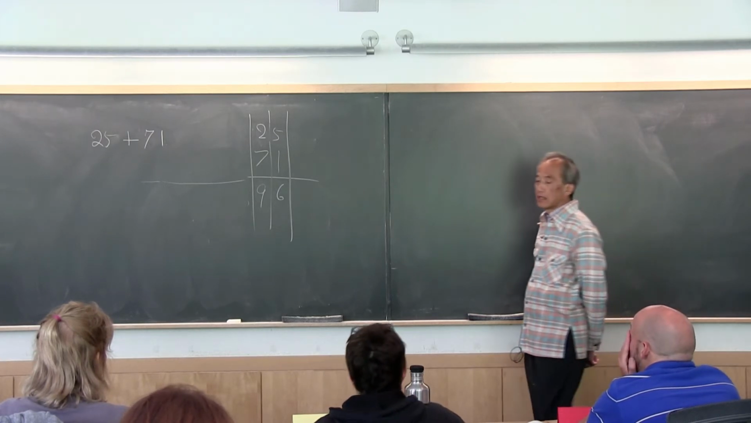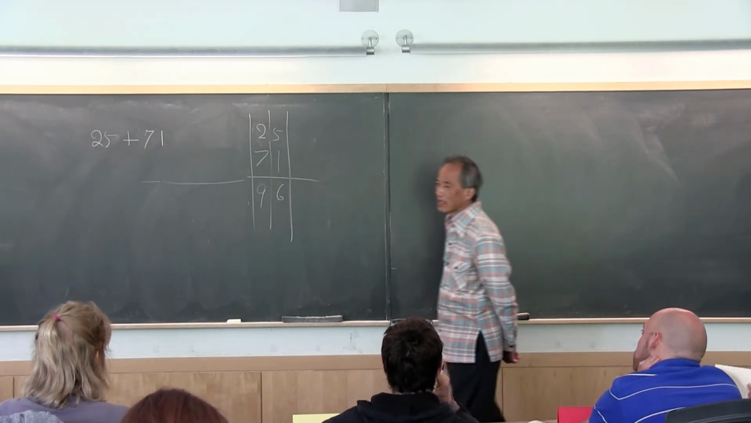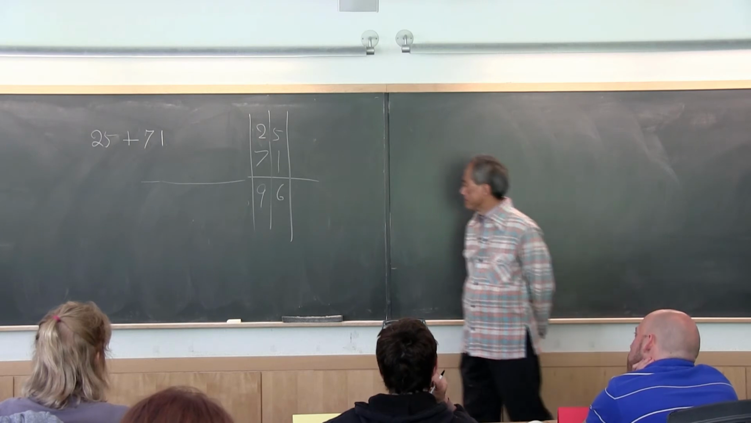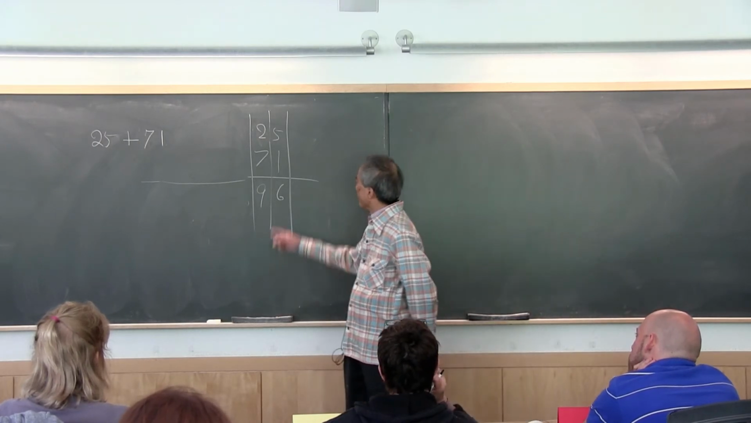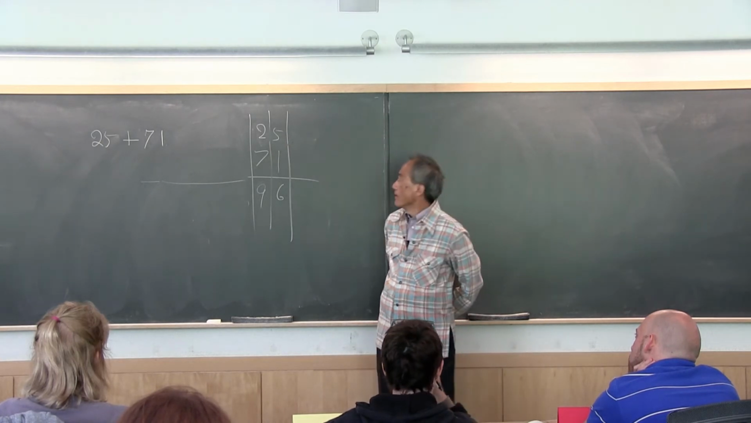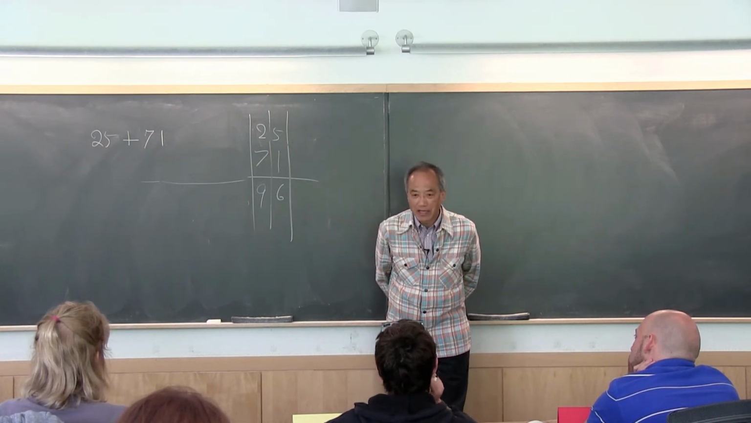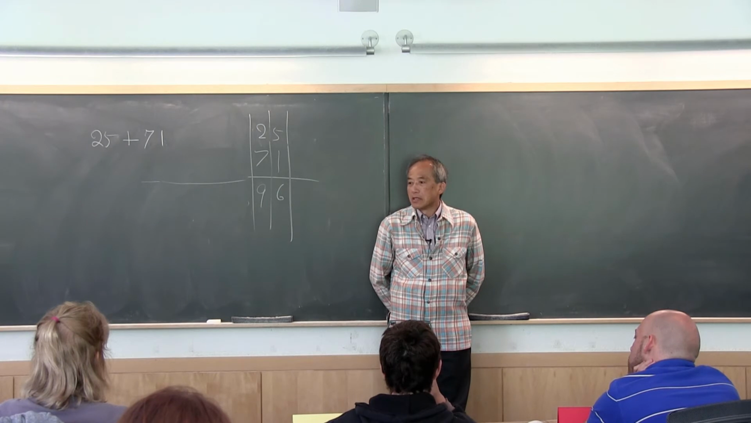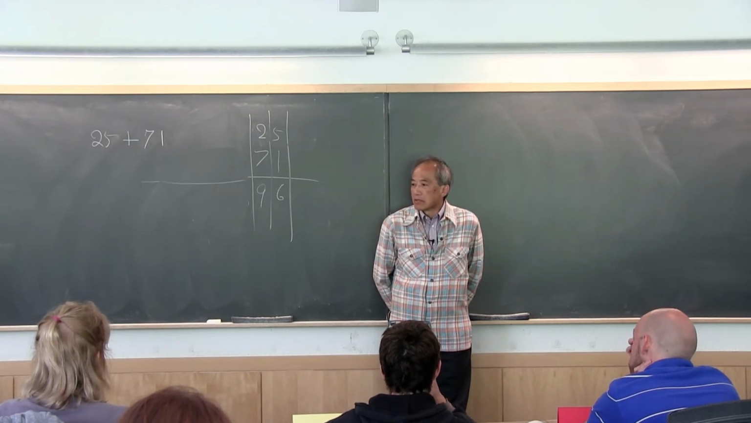For young kids, in first grade, you don't use such big numbers. It drives them crazy. Maybe 25 and 11 or something like that. That's good enough. But you can illustrate this by, I would suggest,